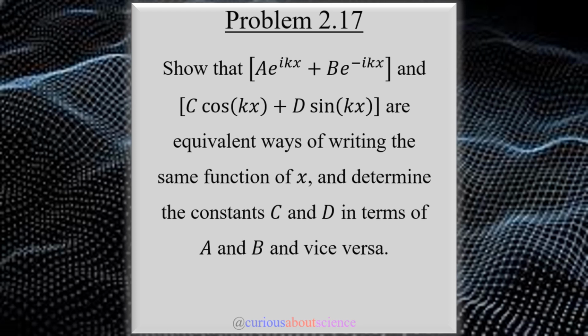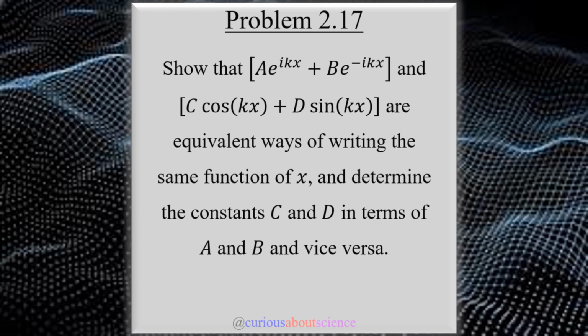the same. And in this question, we wish to show that a times e to the ikx plus b times e to the negative ikx and c times cosine kx plus d sine kx are equivalent ways of writing the same function of x, and determine a constant c and d in terms of a and b and